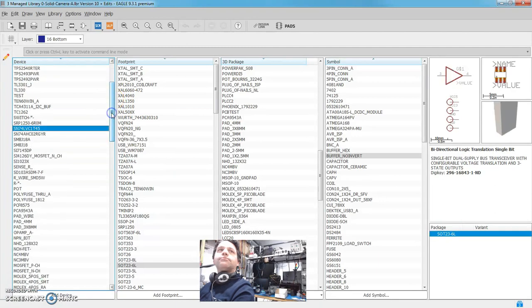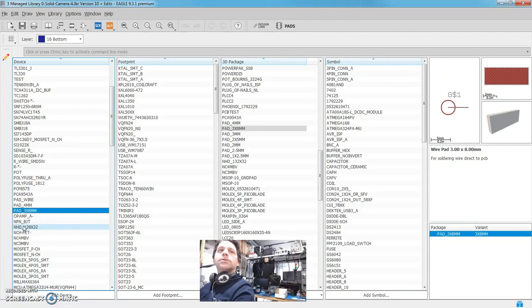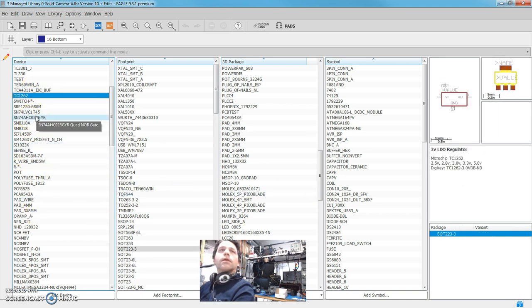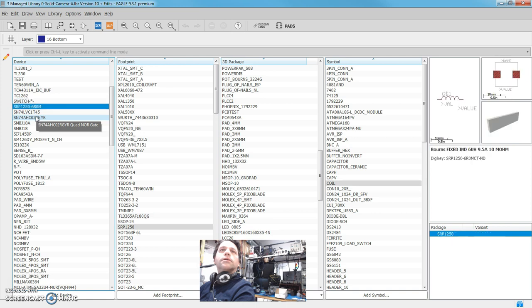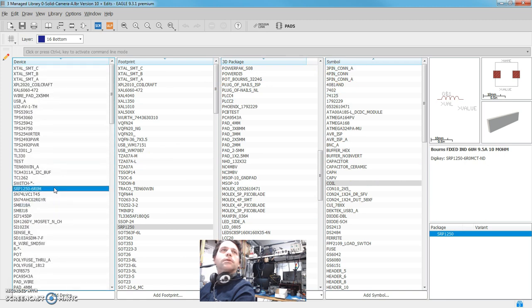But ultimately, it becomes a complex web of connections. And let me see if I can come up with some examples here. When I pick this particular device, it's telling me that I'm using this footprint and that symbol, but there's no reason that inside of this device we can't have multiples of these combined. And I think that I could come up with... Oh,